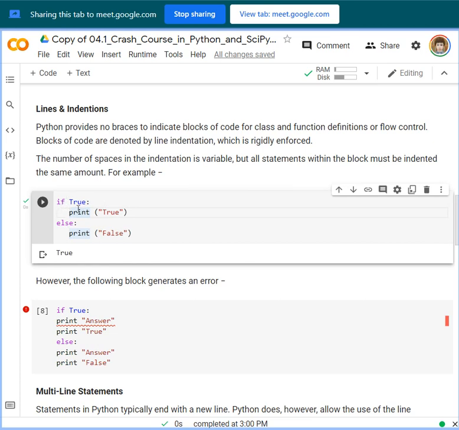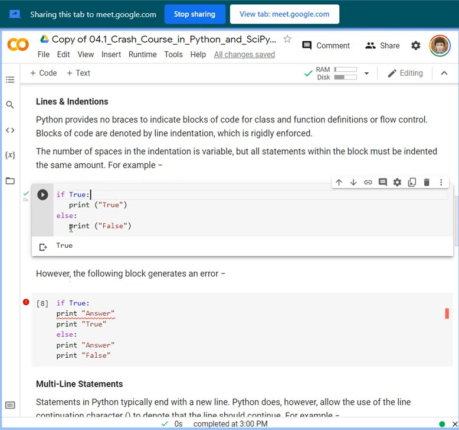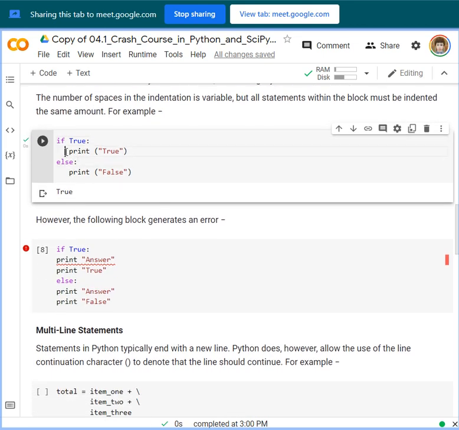For example, when using if, it should be indented. This is very important. Then the if, then the condition, and then a colon. It is indented, and then your else, colon, and then indentation for the body.